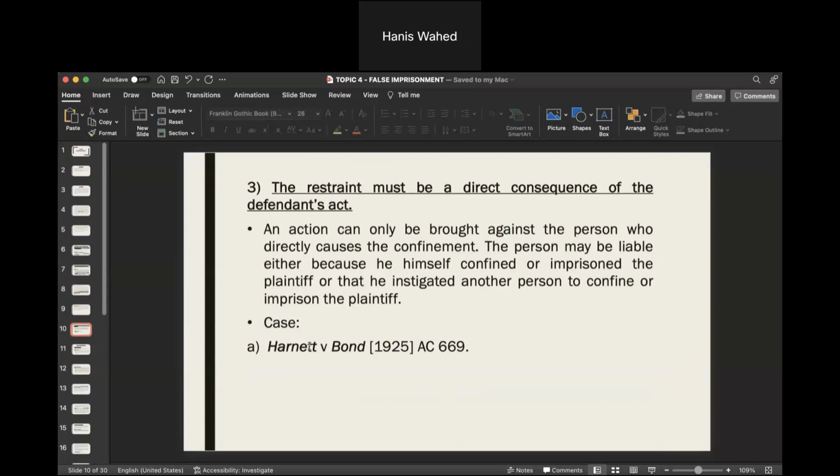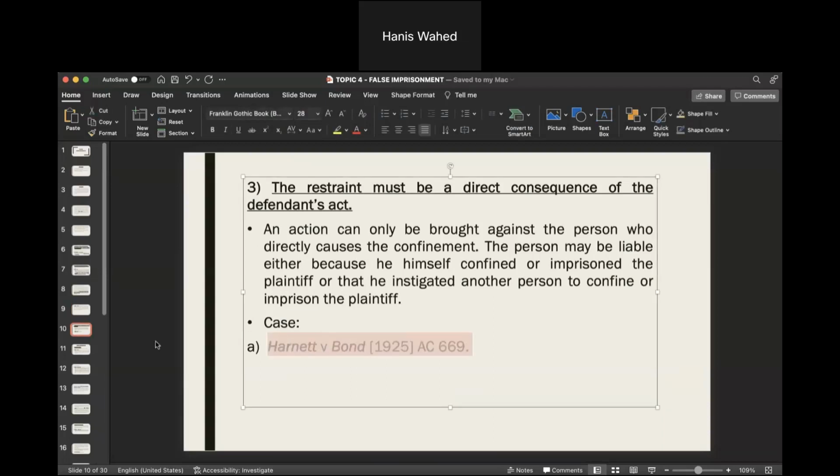So this case, the case of Hanat, shows that the detaining of someone must be done by the defendant, and not others. So in this case, the 3 hours confinement, the unlawful confinement, was done by Dr. Bond. So Dr. Bond was liable, not the other doctor who ran the asylum. So that's the facts of this case, the case of Hanat and Bond. All of you can go back and find the facts of this case. So we can conclude that